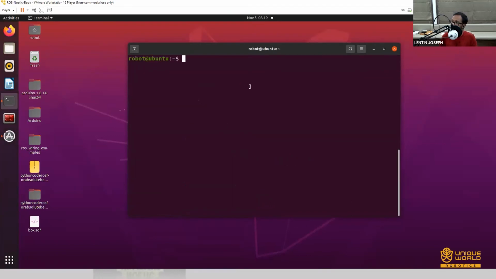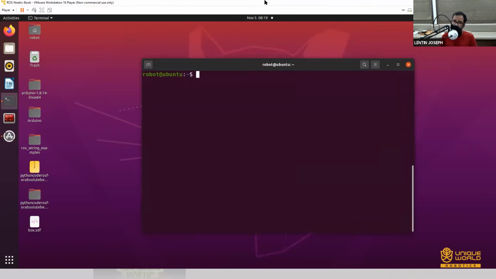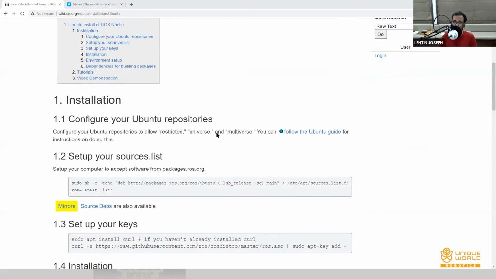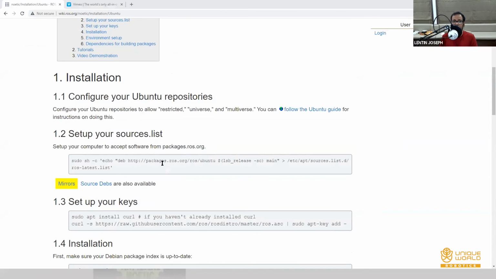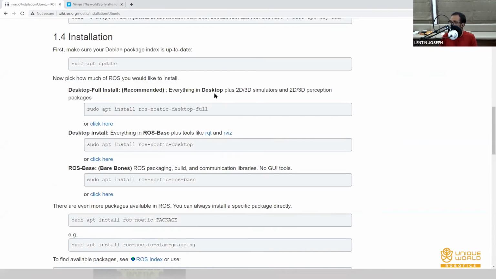You can install the Ubuntu operating system on VMware, which is virtualization software, and inside that you can install Ubuntu and install ROS using the following instructions. It's very simple, just copy and paste these commands. That's it.